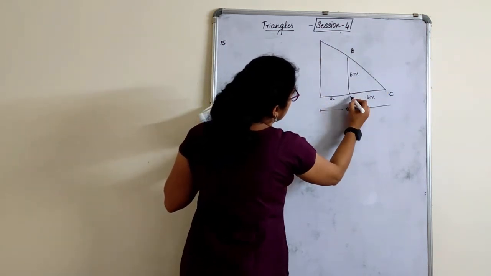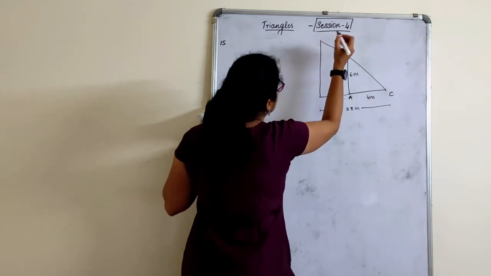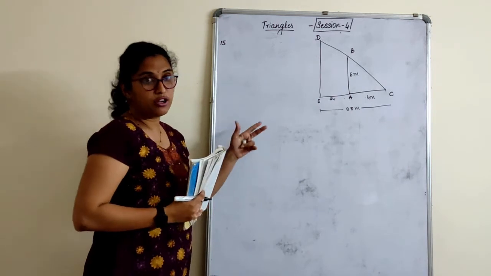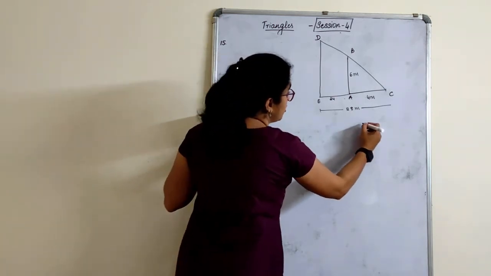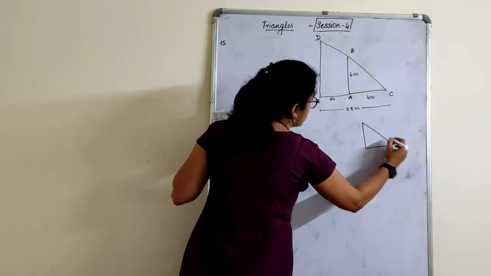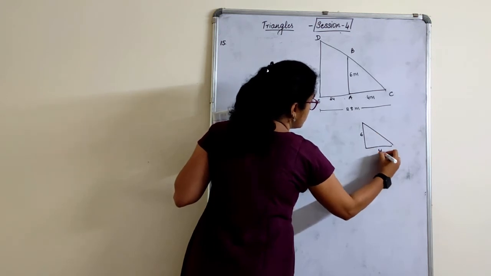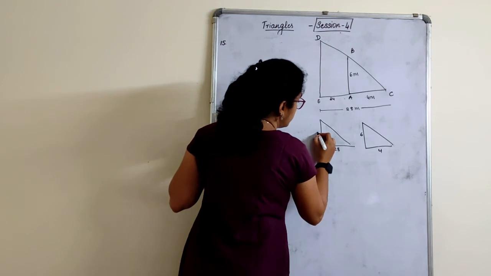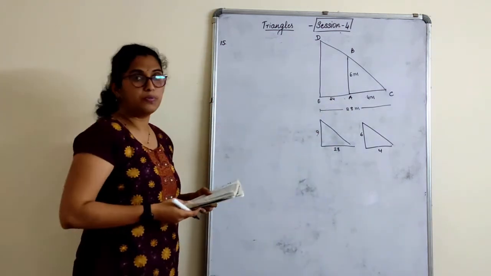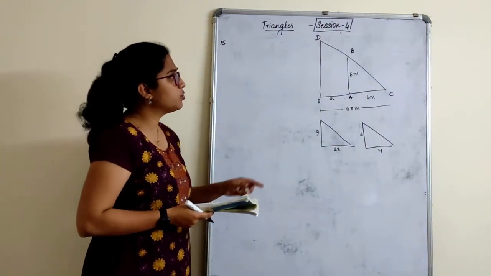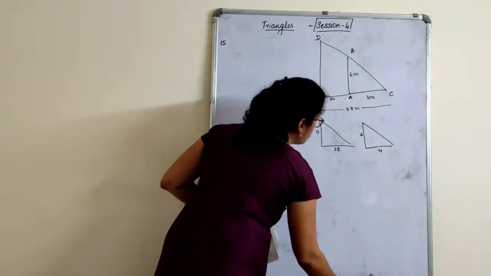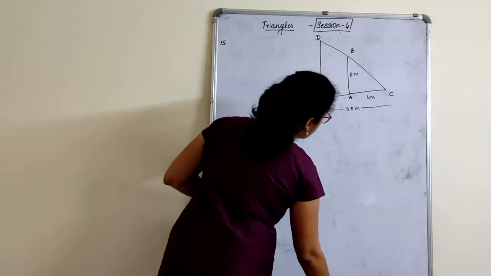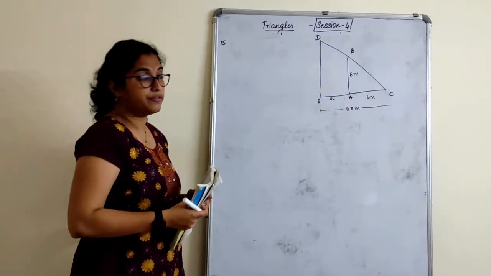So A, B, C, D and E. I have drawn it like this. It can also be drawn like this. So this is 6, this is 4. Another triangle, this is 28, and you have to find the height of the tower, right? This way also you can do it, this way also you can do it. I usually prefer drawing it like this. Simple in calculations and proving part also. Now is this very clear to what we have drawn?